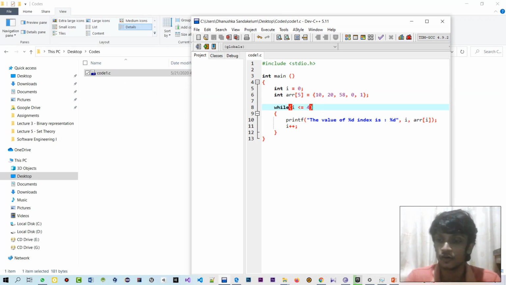Windows can recognize a C file, but it can't run a C file in the console panel. So this C file will be translated into an exe file, which means the executable file in Windows. This .c extension file will be converted into a .exe file.